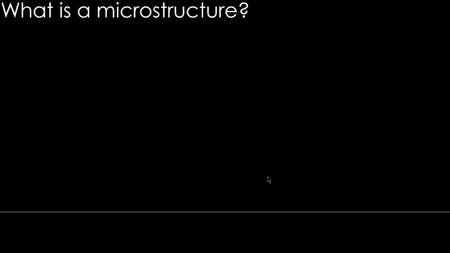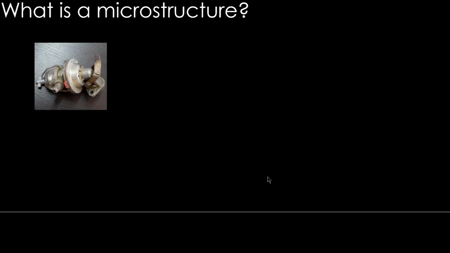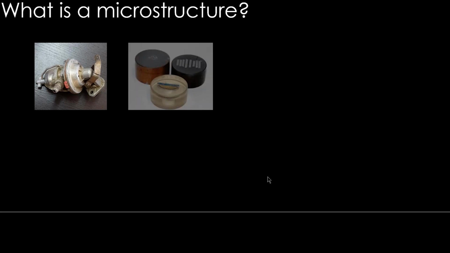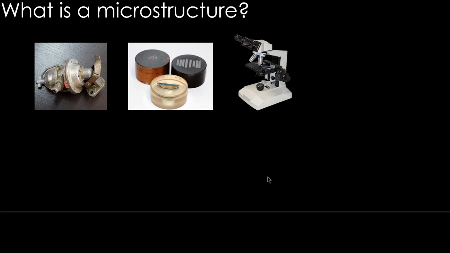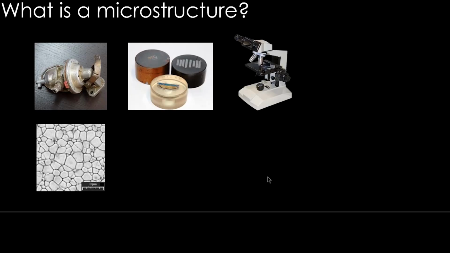What is a microstructure? Take an engineering component, for example, something like this. You cut a small piece and put it into a polymeric mold like this so that it is easier to polish it and prepare it to observe under a microscope. In the preparation part, there is an entire procedure called the metallographic procedure, and there are volumes of books written on that. Put it under a microscope, you will see a microstructure. It may look like this.